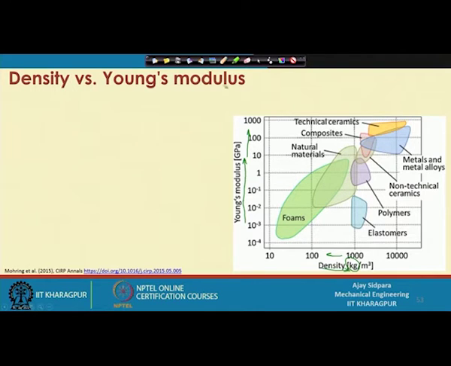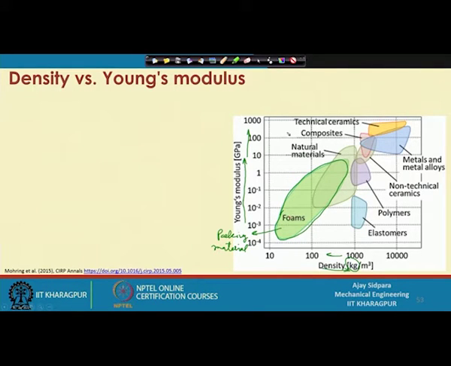If you see this graph, foam occupies a large amount of area, because foam has a very small Young's modulus; it is something like a rubber or elastomer type of thing. Foam is mostly used as packing material. When you ship any component which is very important or very delicate, you wrap the component with foam and it will sustain impact loading or different types of loading.